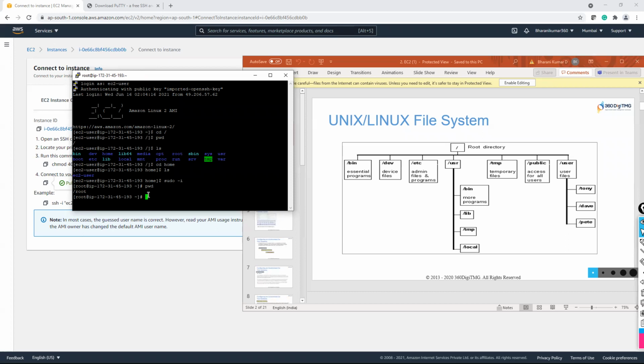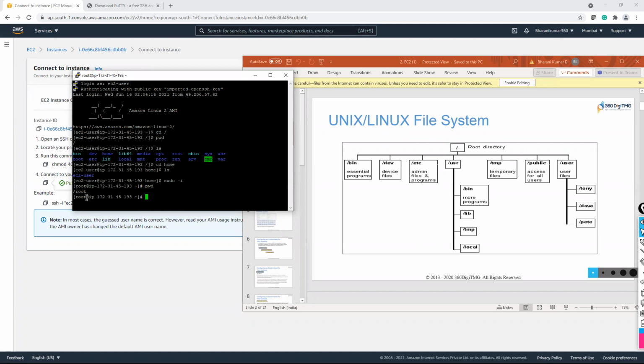So this is about the Linux file system. Sometimes even if you are doing correct things and giving the right commands, you might get errors because of these paths. So it's better to understand the file system. Suppose you are trying to open some file as a root user, and you are getting a file not found error.